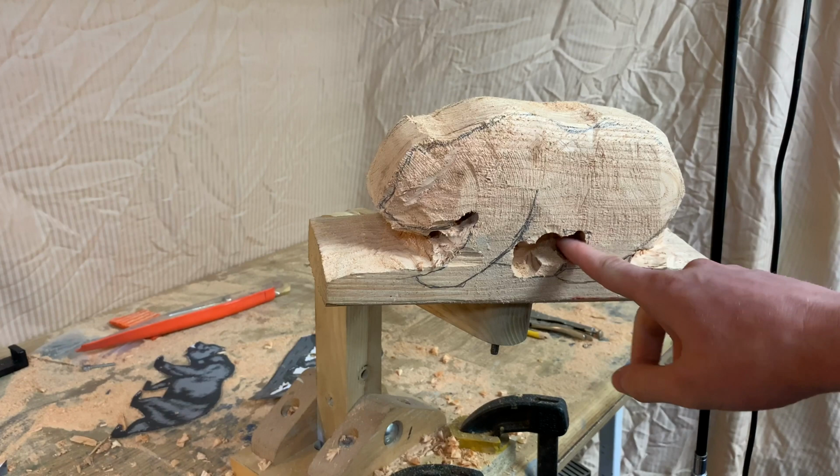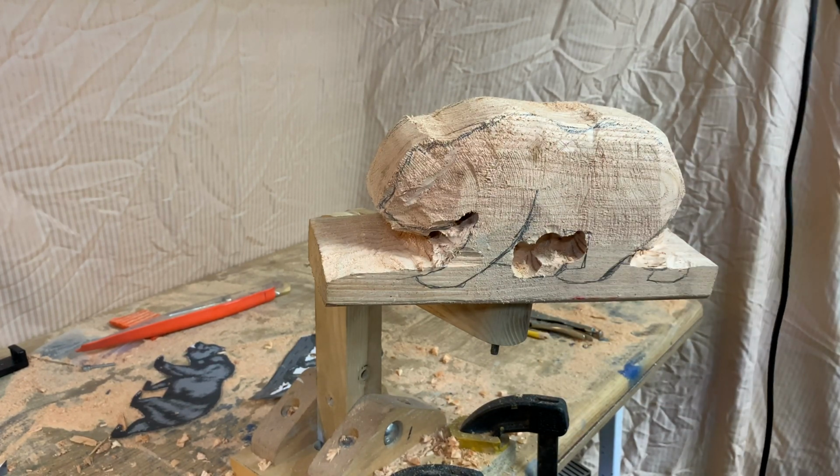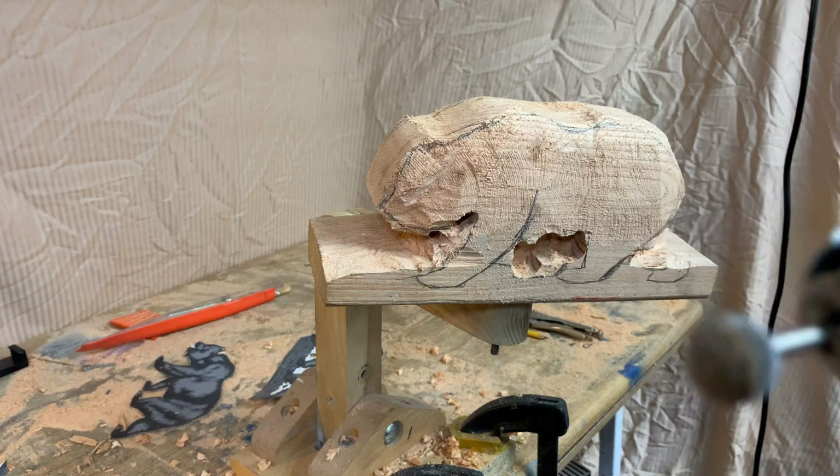Now I've got these areas drilled out on both sides. I've got my pattern roughly drawn in. So now I'm going to switch to the rotary tool. And I got this new